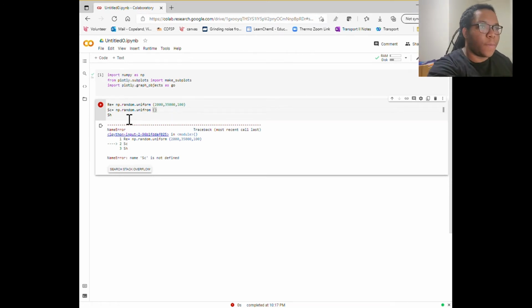And for this one, our bounds are going to be from 0.06 to 2.5. And again, that's going to be 100 points. All right, cool. And then our Sherwood number,